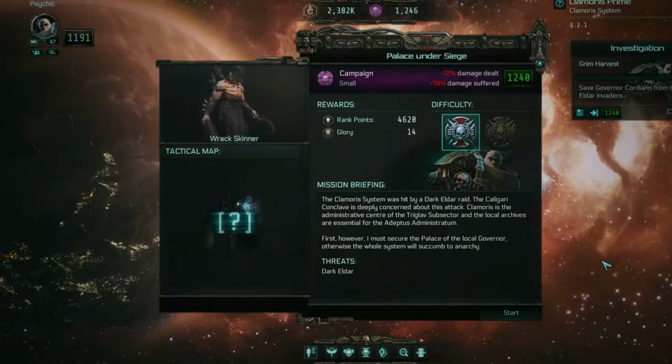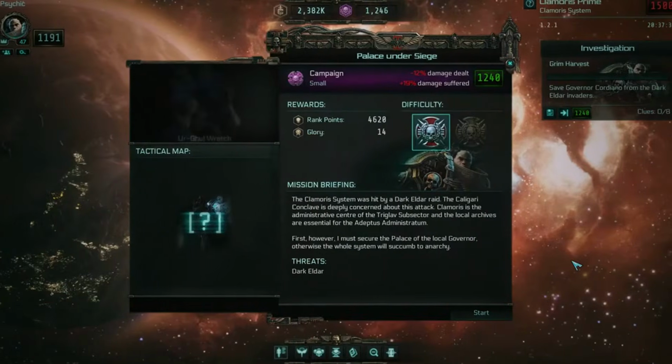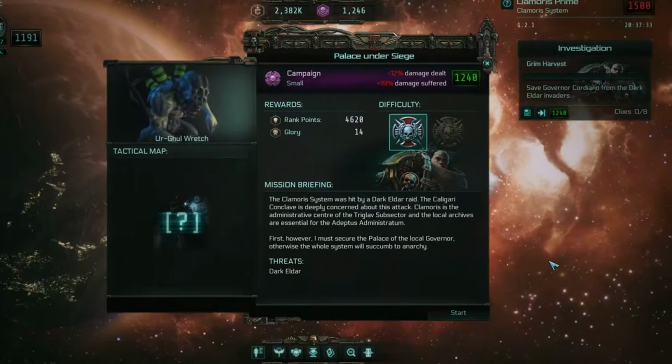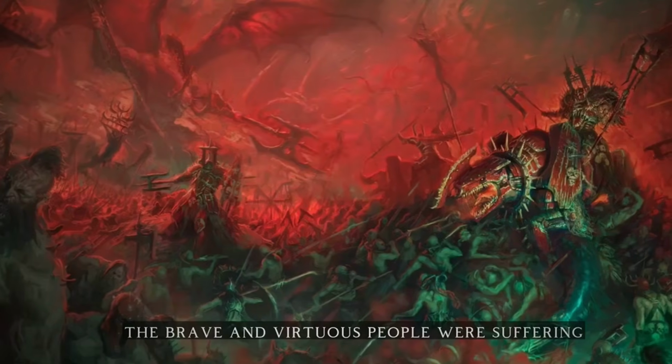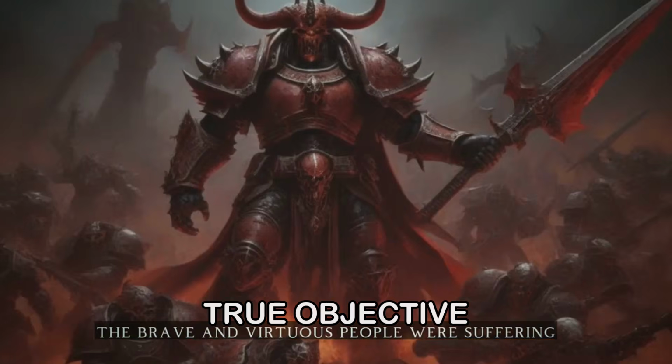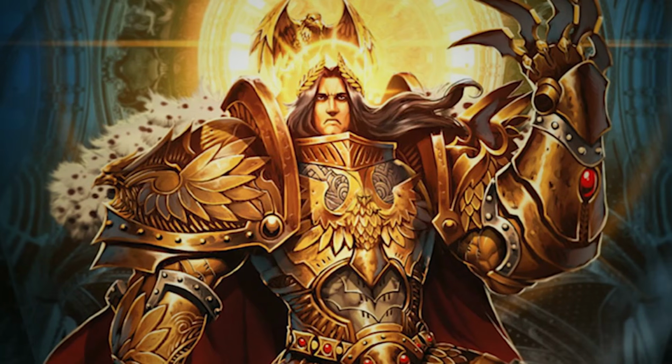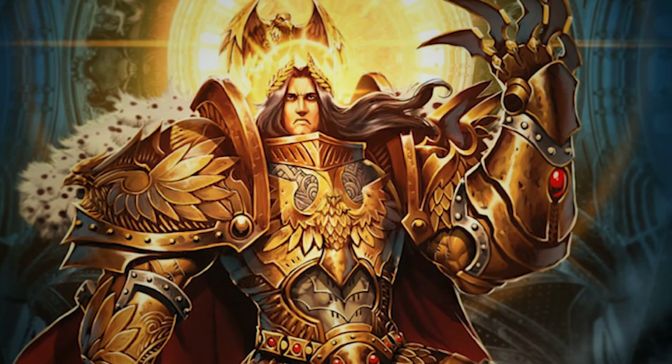They were sent to specific systems, sometimes to retrieve ancient maps, sometimes to interrogate captured Eldar, and sometimes simply to cause enough mayhem to allow a covert team to slip in and retrieve a fragment of the key. As the Arks of Omen continued their relentless campaign, their true objective slowly became apparent to the most astute observers within the Imperium. They were not merely seeking to destroy, but to find.